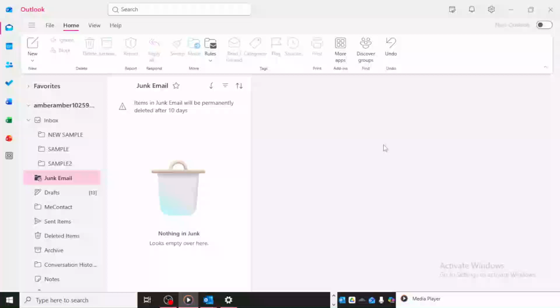In today's video, I'm going to teach you how to add your name to the bottom of an email in Outlook. If you want your emails to look more professional and save time every time you write a message, adding a signature in Outlook is a simple and very useful step.